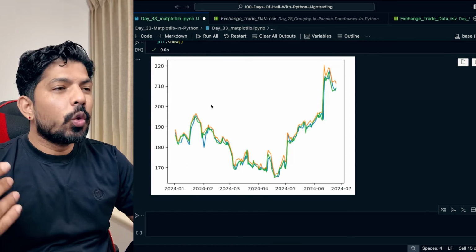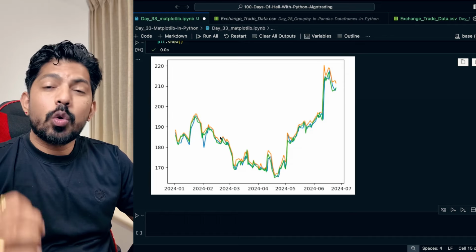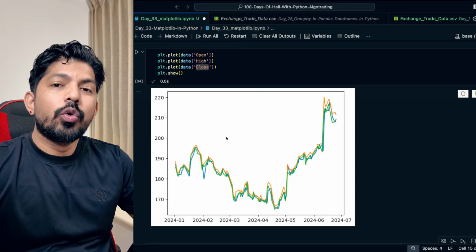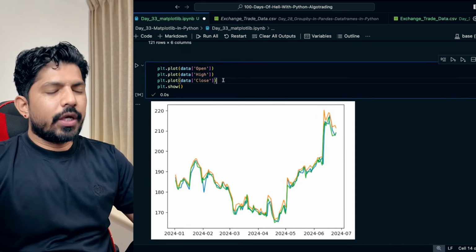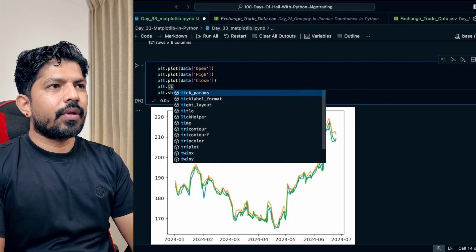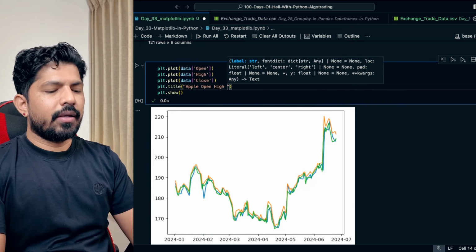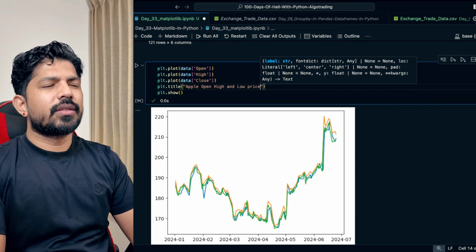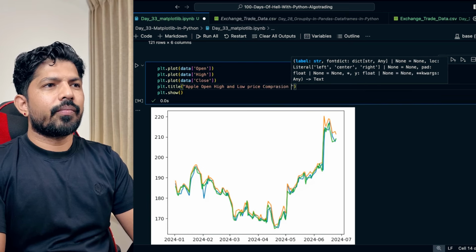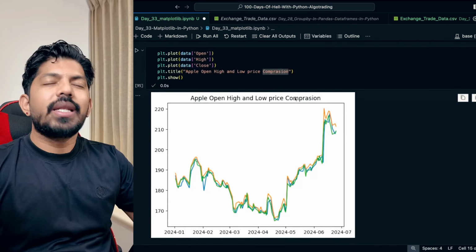Means in a single plot you can have multiple values, but how do we differentiate, right? Now we do not have any information, right, that what is happening here. So for that we have to give a few more details, right? Okay, so for that what you can do, you can add another line and you can say title, right? So this is the price of Apple. You can say open, high and low price comparison. It can be anything, just for the sake of example, right? So when you hit shift enter, you will see that you have a title here,